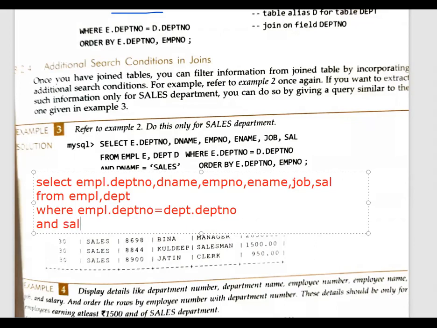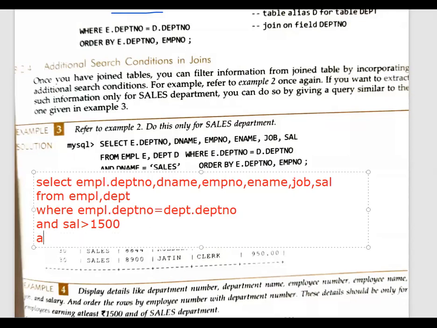And salary must be greater than 1500. And of the sales department, so you can see they have given one more condition, that the department name should be sales. Because three different conditions were there, we are using and multiple times. And department name is equal to sales.